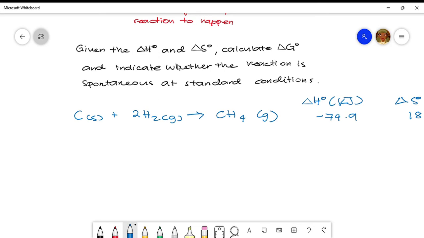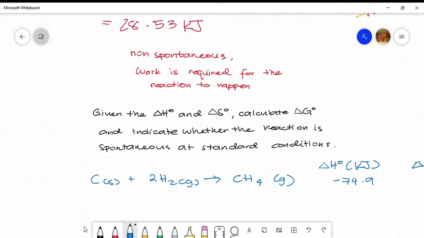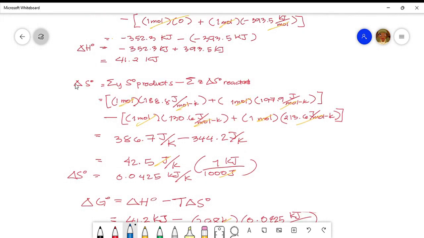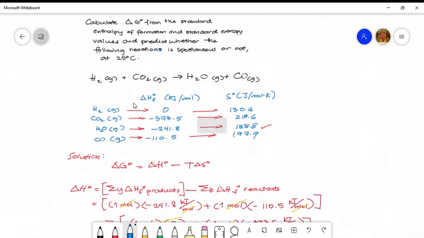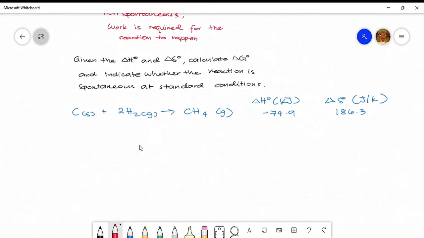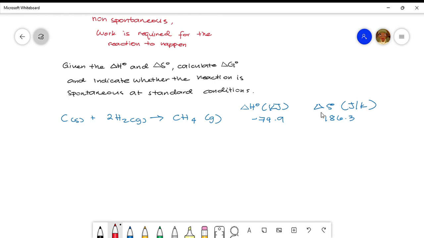So in this problem, we have an easier approach since the standard change of enthalpy and entropy are given. But in the previous example, only the standard enthalpy change of formation and standard entropy were given, so it's not like this one. But here it's spoon-fed. We already have this given. It's what we need, right? So the approach for this is much more straightforward. So the solution for this one is,